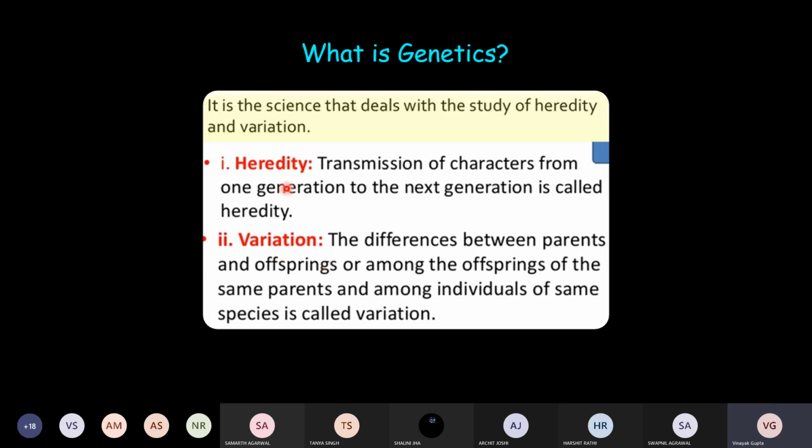And what do you mean by variation? These are the two words which are used to define genetics. Variation means the difference between the parents and offspring. Offspring are definitely going to get certain characteristics from parents, but they are not exactly the same as the parent. There are some differences. So, differences between the parents and offspring, and secondly, the differences between the offspring themselves. All the offspring are not going to be the same. So genetics basically is the study of inheritance as well as variation.